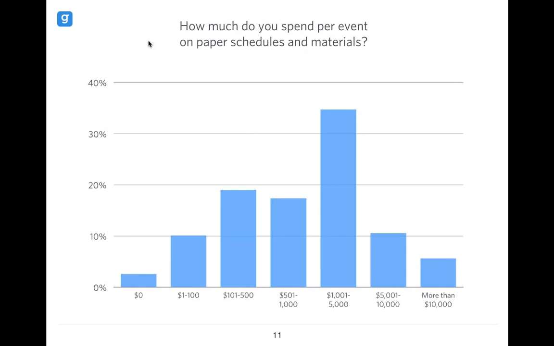survey of our clients, and we found that when we asked event planners how much they were spending on printing per event, the majority of people told us that somewhere between $1,000 and $5,000 was the amount of money that they were putting into printing paper. And when you think about it, these are event organizers, so whether or not you host events or you're a community organization, if you take the sum total of your printing budget during the year and think about just what a significant line item that is, and maybe how can we take advantage of mobile technology to reduce